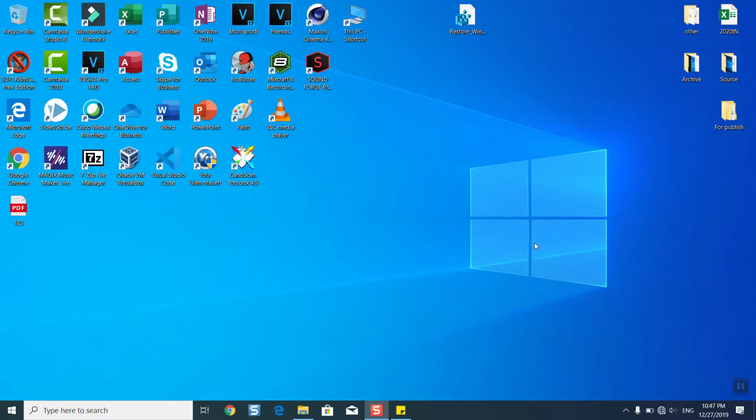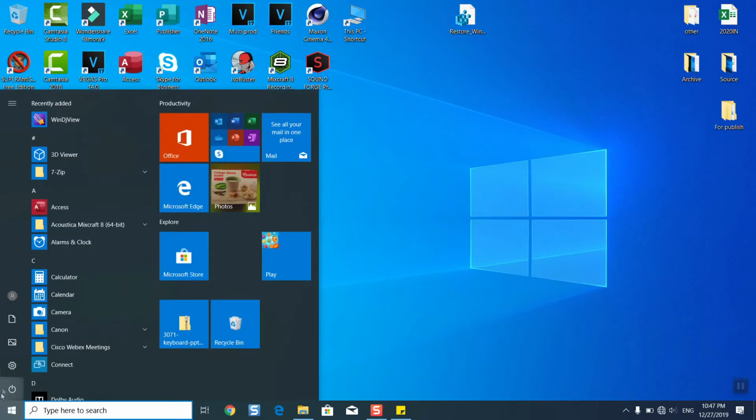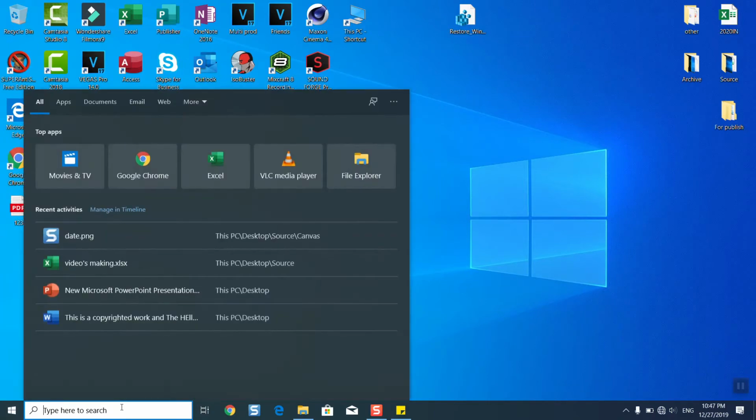In this video I'm going to show you how you can retrieve or recover back the hibernation button. You have maybe realized that when you click on the start menu and you click on the power options, you don't have the hibernation. So to recover that button or to get it back, just click on the search tab